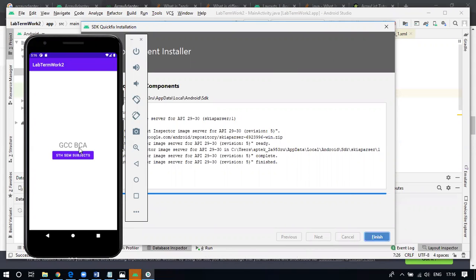So here you can see that the app has been created, and when you click on this button, it should display the list view. So this is what we have as a second assignment. Very simple, the only thing is you need to create one more activity. So to connect the activity, we can have this intent. So if you click on this, you can observe that we can go to this. Okay, but there is no back button here. So we can also provide a back button for this. And if you provide that, again, you can go back,